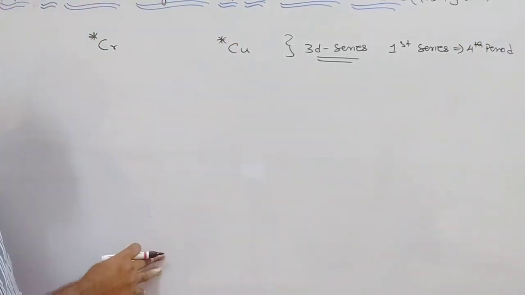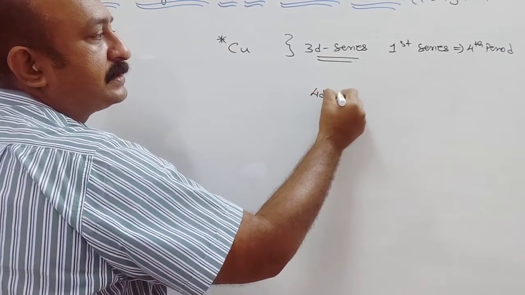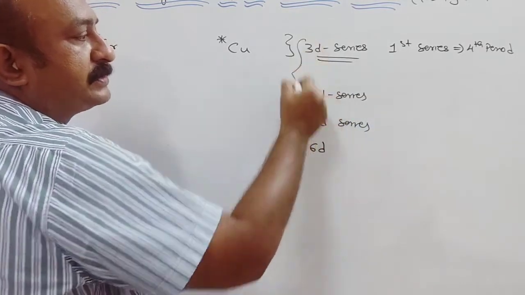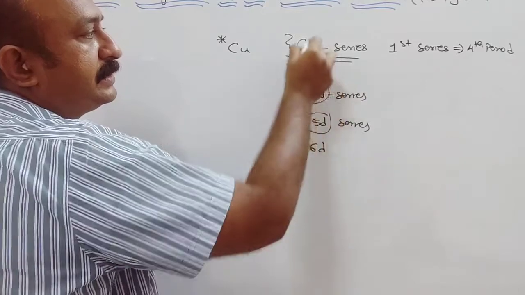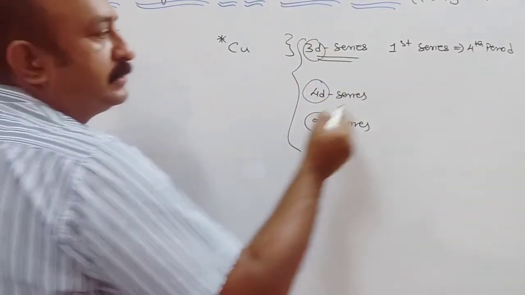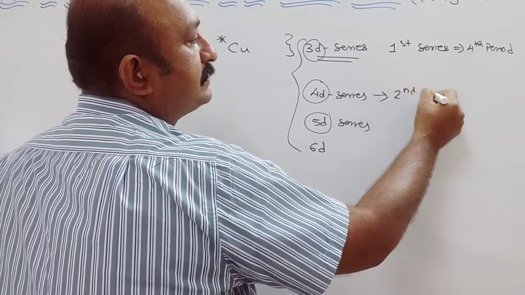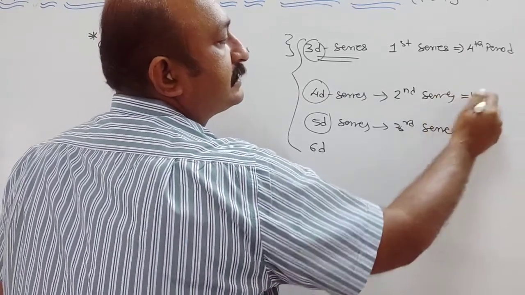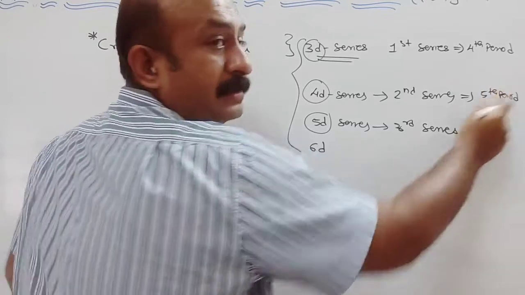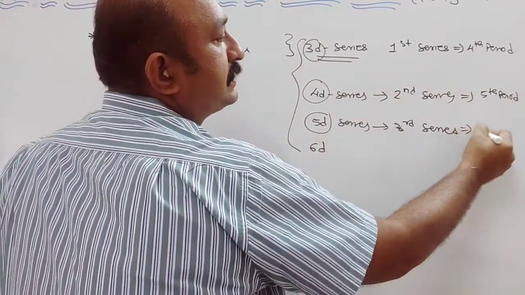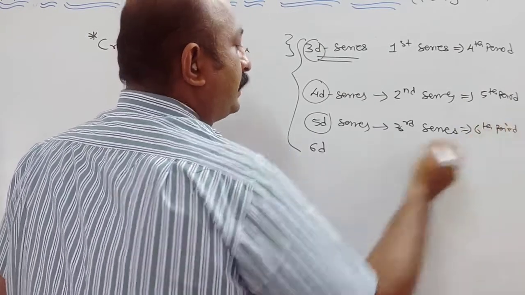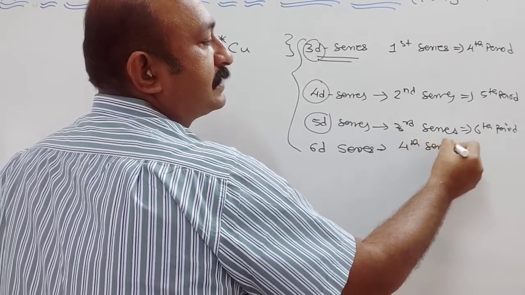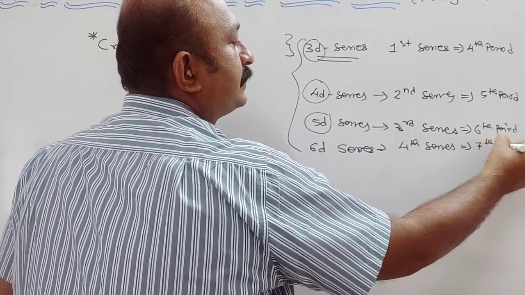So like this. So 3d is for the first, then 4d series, 5d series and 6d series, like this. Understood? But we are going to study mainly the 3d, 4d and 5d series. Now this is the second series of transition. This is the third series. Clear? Second series means fifth period. Clear? You can watch. Third means sixth period. Okay? And 6d series means the fourth series of transition elements, and that is the seventh period.